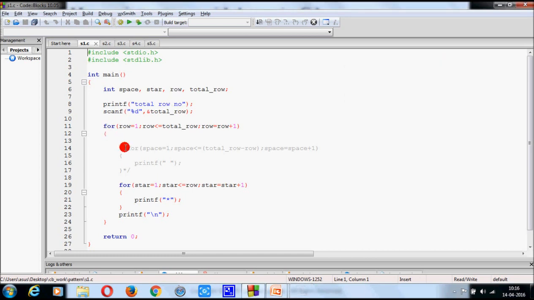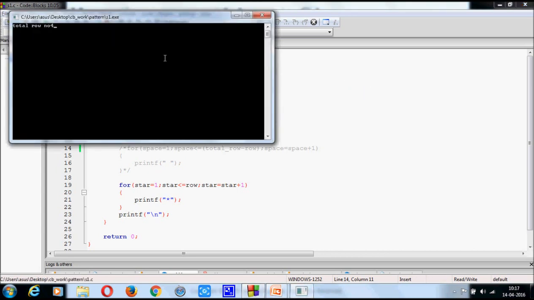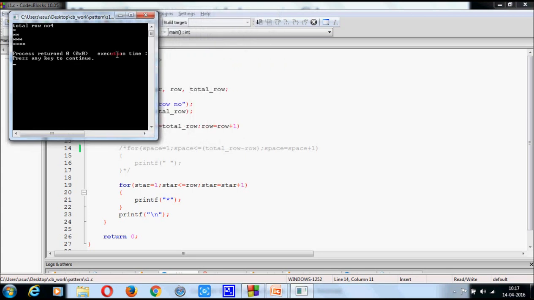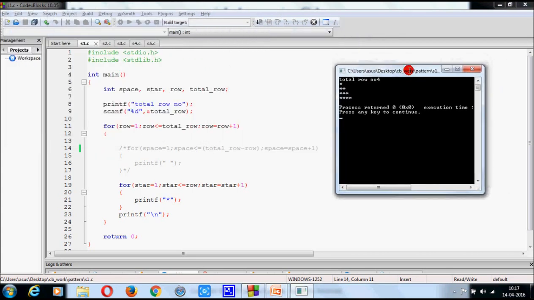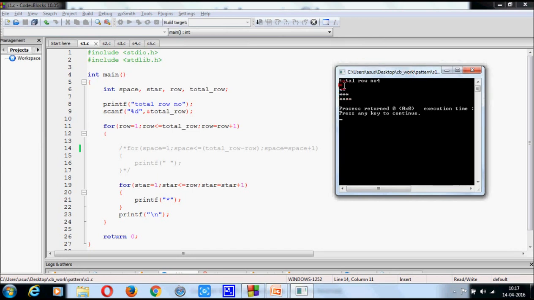If I use this section here, okay, let's check it another time. Check this output very carefully. I omit this section and this is the output.